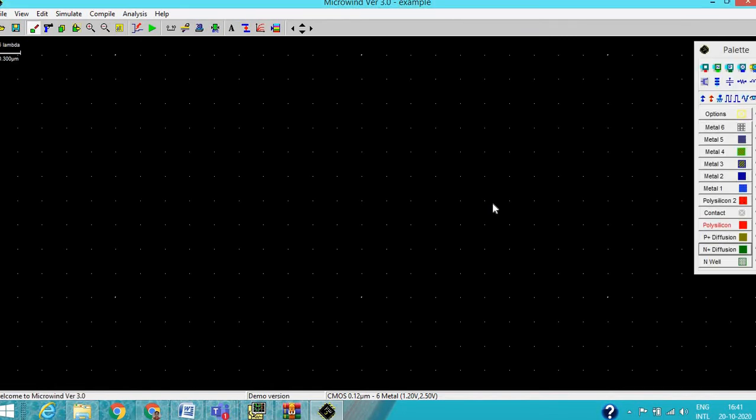It is an .exe file, so there is no need to install it. Once you double click on the Microwind 3 exe file, which I have already uploaded on MS Teams, you can see this window.